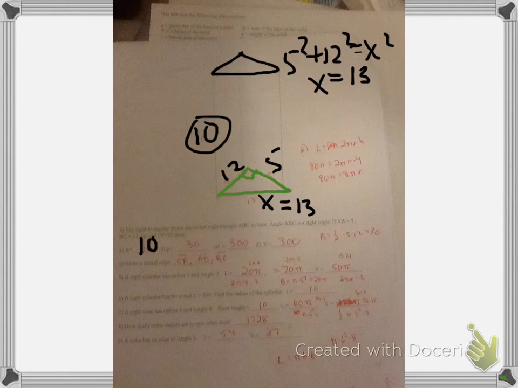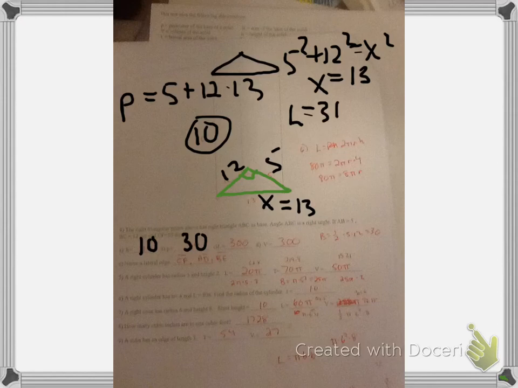To get the perimeter of the base, P, we're just going to add up the three numbers that we've got down along that green triangle. The perimeter is 5 plus 12 plus 13. The perimeter of that base is going to be 30. So now we've got that answer. The lateral area is perimeter multiplied by height. The height was 10, so it's perimeter 30 times height 10, and that's the 300, which is our answer for